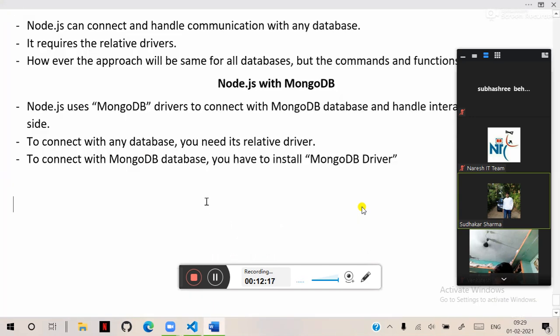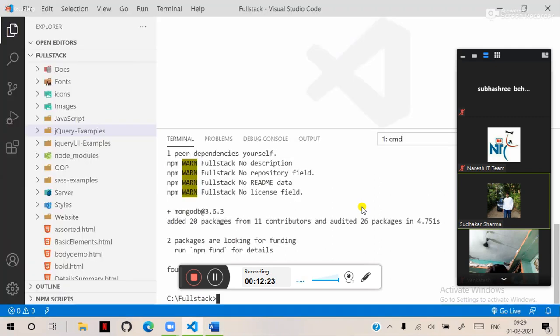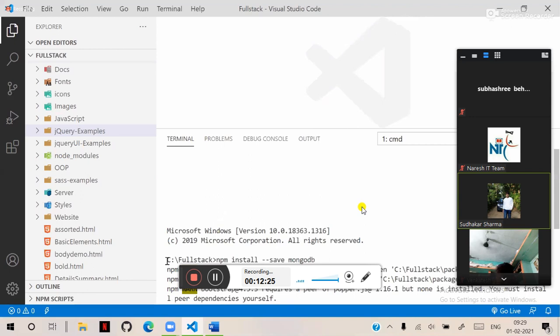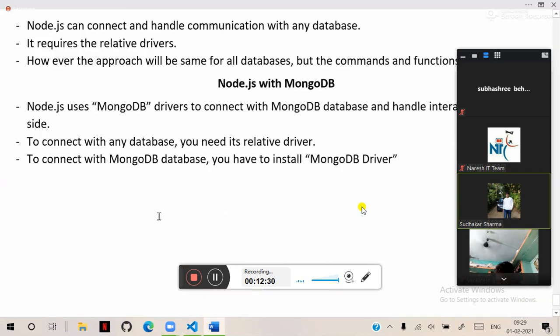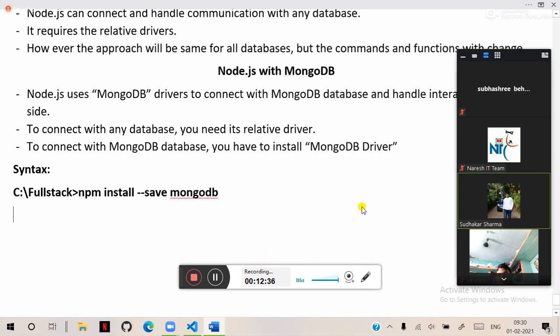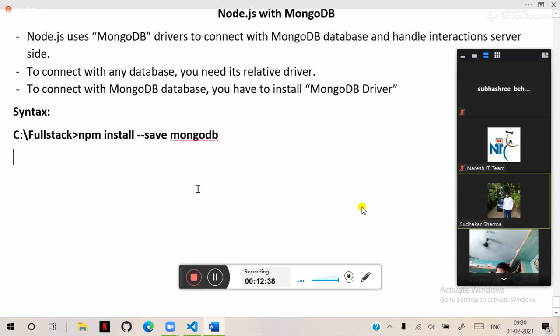So you need to install the MongoDB driver. This is the command you need to follow. I will copy that here. The syntax will be like this. So you have to install the MongoDB driver. Okay. Next, after installing the MongoDB database driver,